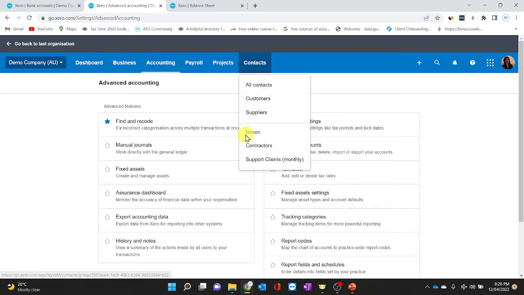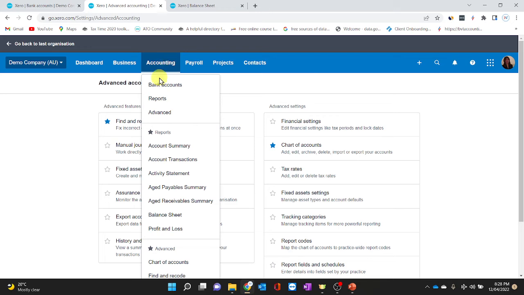And groupings. The groupings here is for the contractors. If the entity is dealing with subcontractors, or for example, there are some works that they have to outsource or pay to subcontractors, those payments to these subcontractors need to be reported to the Australian Tax Office at the end of the year, and that's why we need to group who these contractors are, because in Xero, by grouping or classifying certain suppliers as a contractor, we are able to generate certain reports